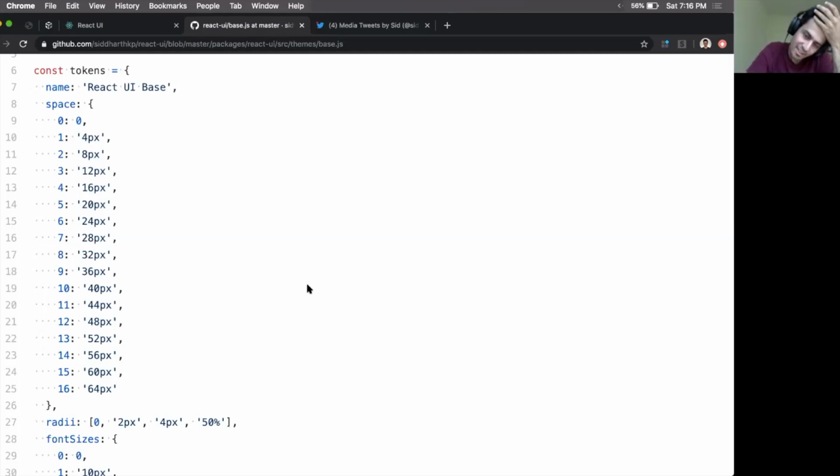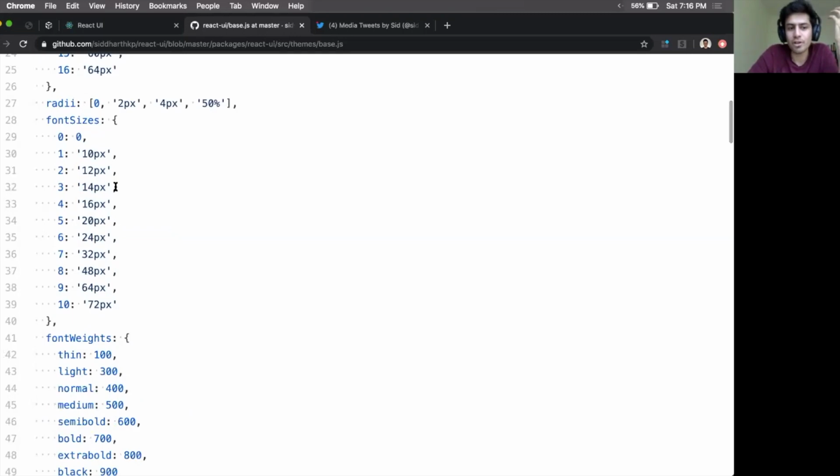Yeah. That's a great point, and that's honestly something I'm struggling with. Not struggling, I'm unhappy with what I have here as well, because what I want is to jump from one space value to two space value, right? And when I'm debugging in the browser, it goes from 4, 5, 6, 7, 8. So I have to mentally remember, and it's still easy with space because it's a scale. When you talk about font sizes, I don't remember what font sizes I have here, right? So I always have to do it in the browser, see if I'm on the right thing, go back to the editor, realize I'm on the wrong thing.